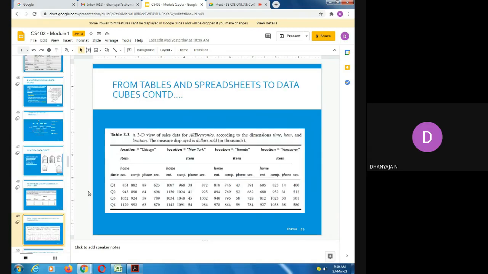Now, coming to the 3D view, here you can see different locations: Chicago, New York, Toronto, Vancouver. I'm considering four locations. In each of the four locations, for each Q1 to Q4 quarter time period, how much amount of items were sold is discussed in this.